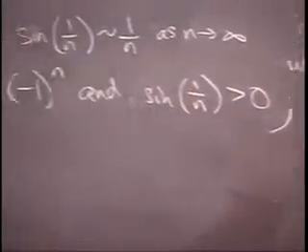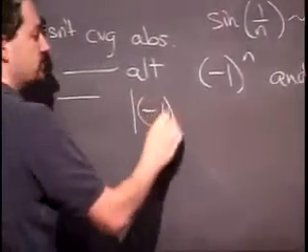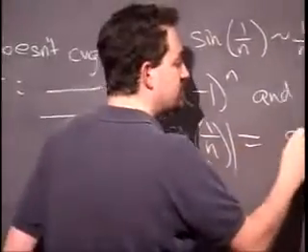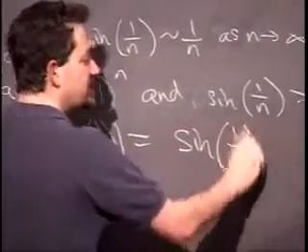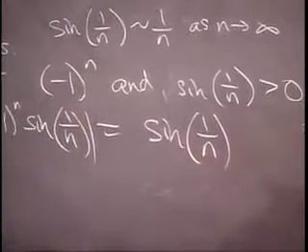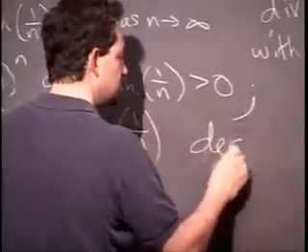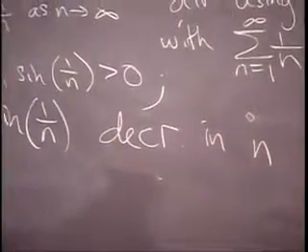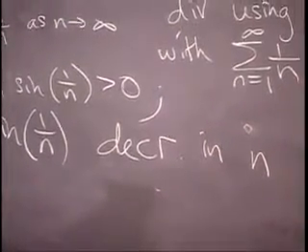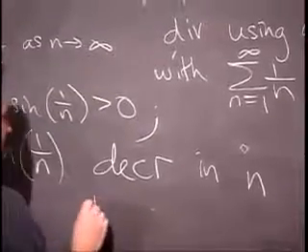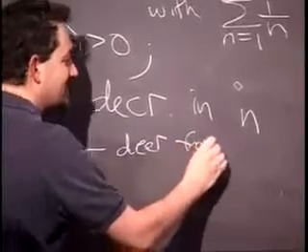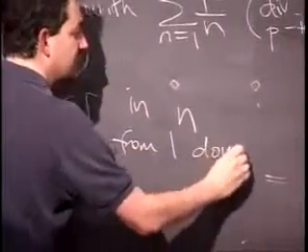Also, if you just consider the absolute value of the terms, which means ignoring the minus 1 to the n, which is sine 1 over n, this is clearly decreasing in n. I say clearly, but if you really want to justify it, and it's not a bad idea, notice that 1 over n is decreasing from 1 down to 0 in the limit,